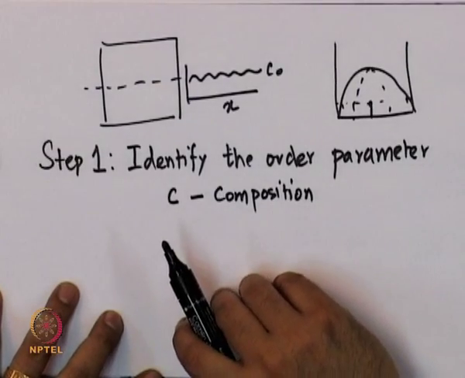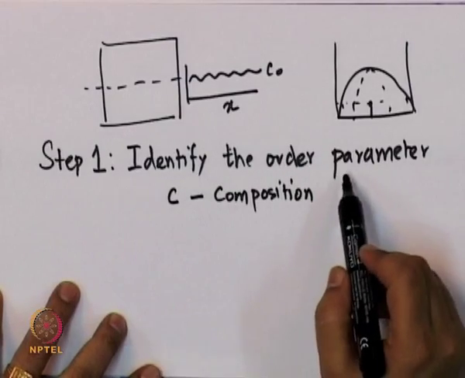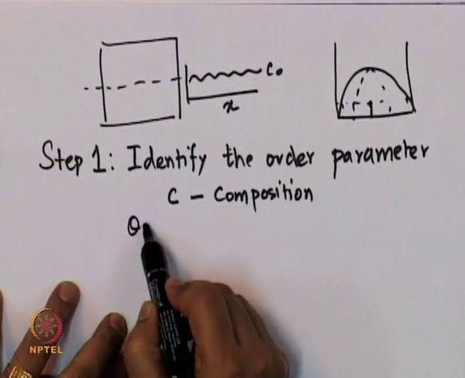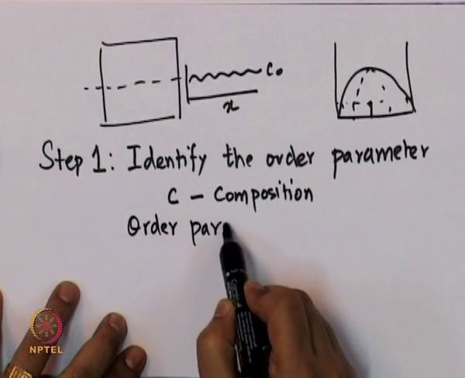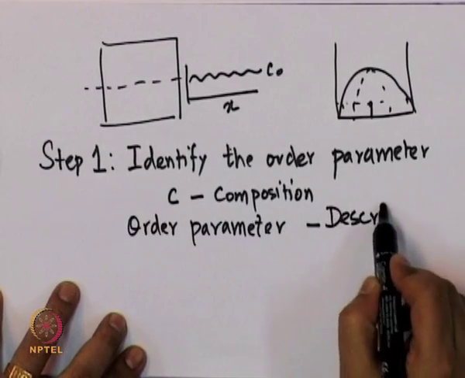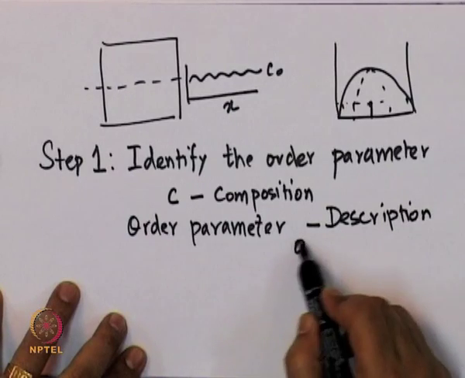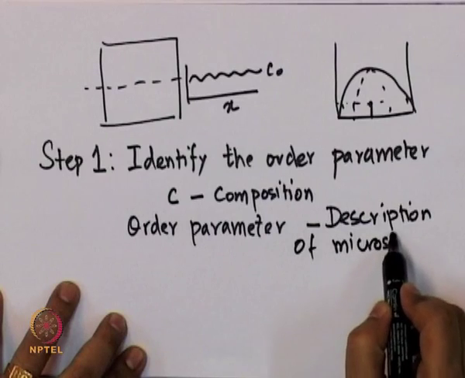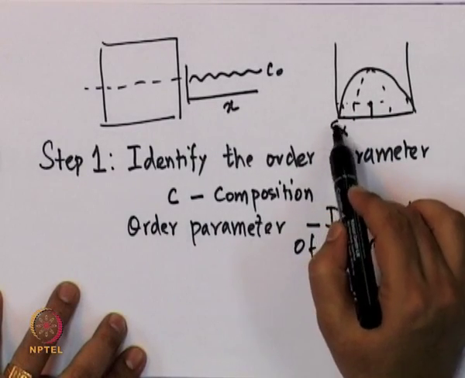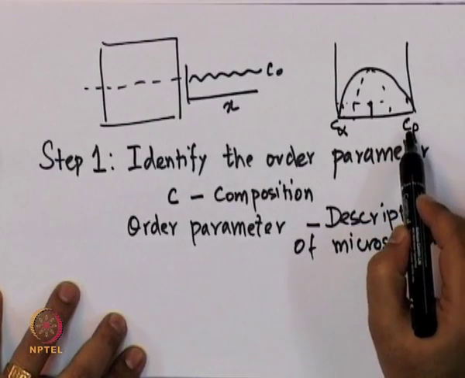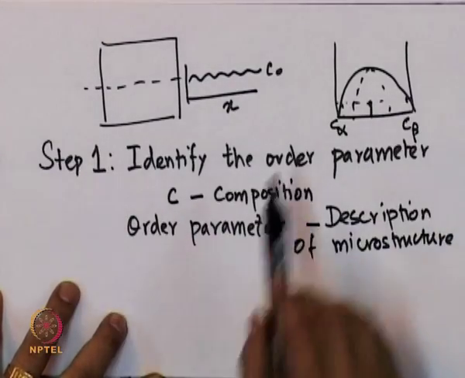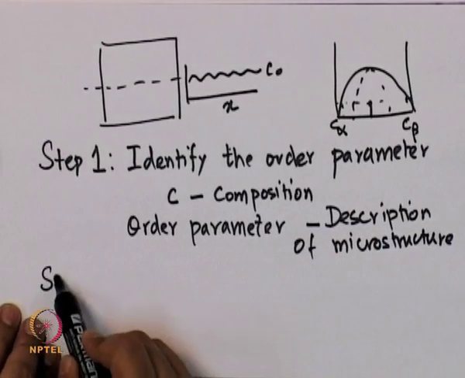Once we identify the order parameter, which is basically used to describe, what is the purpose of this order parameter? The order parameter is nothing but a description of microstructure. So, wherever the order parameter, namely the composition, becomes this value, that is going to be the alpha phase, and wherever it is going to be this value, that is going to be the beta phase, and so on. So, we are going to describe the microstructure using an order parameter, that is the first step. The second step